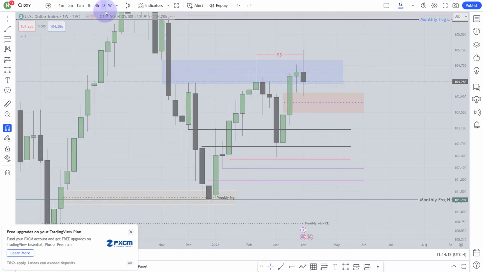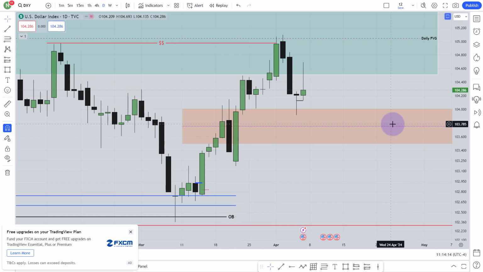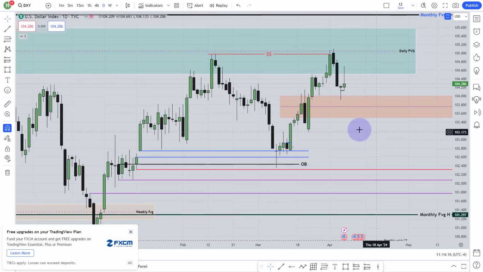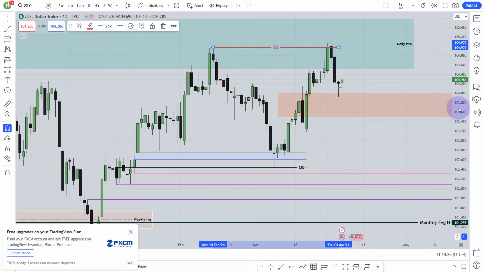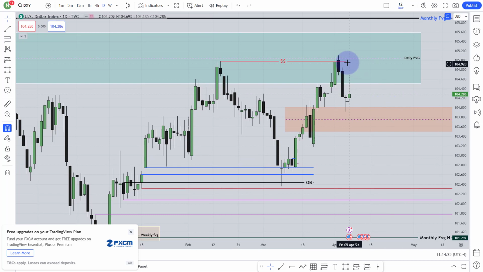Let's go to the daily chart. Over here, this is the daily chart, and from the daily chart you can see market has taken that buy side liquidity. How has it taken that buy side liquidity? Is it sweeping, or has it cleared the buy side liquidity? How do you know that? By watching the body. There is a small body above that line. So it's not a shallow run.